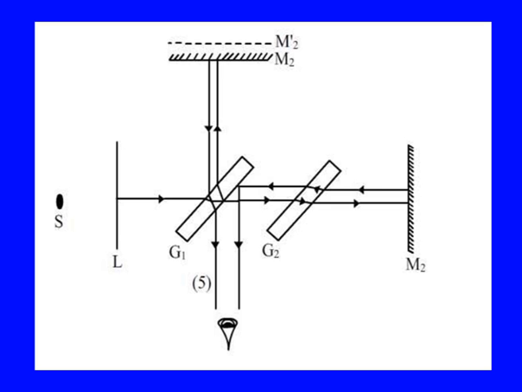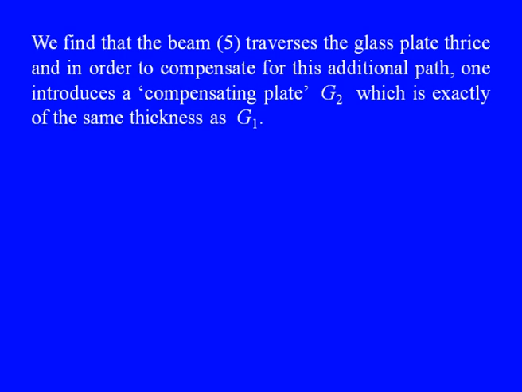The main thing to be seen is the distance travelled in the plate G1 is not same for both the beams. We find that the beam 5 traverses the glass plate 3 times, and in order to compensate for this additional path, one introduces a compensating plate G2, which is exactly of the